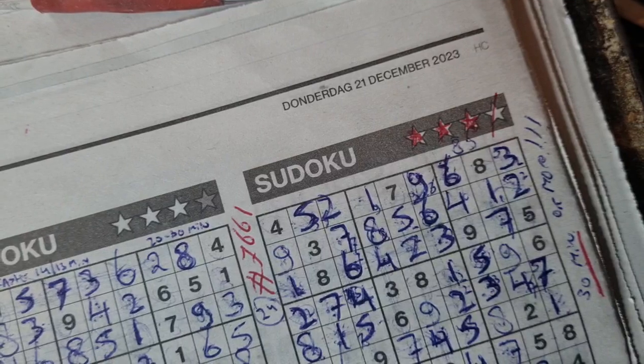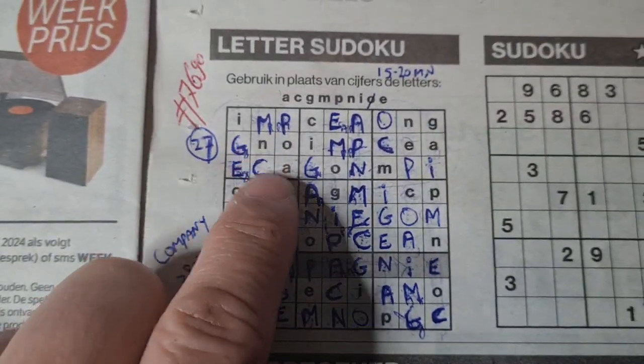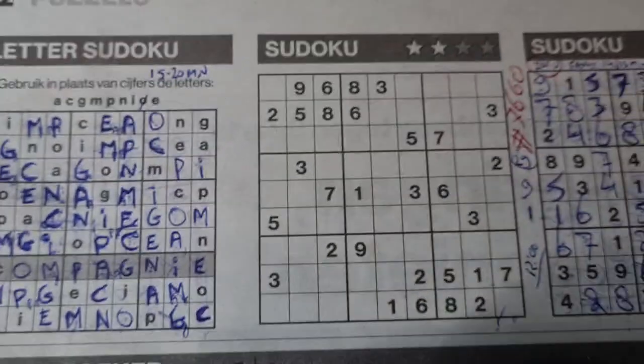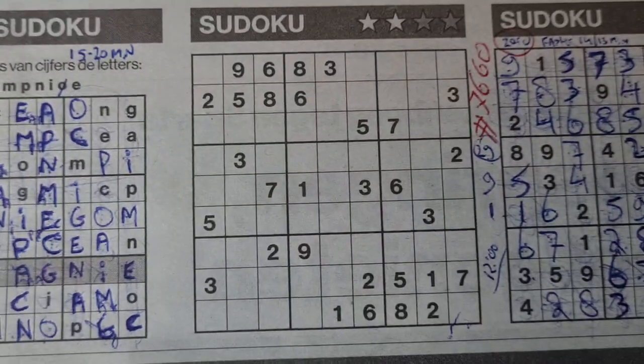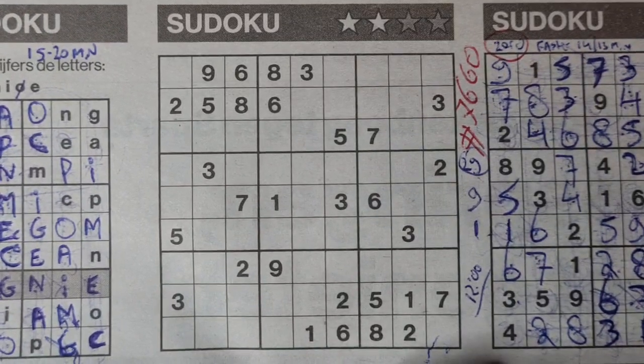We have 3 puzzles left. One puzzle is already solved, the letter Sudoku. So 2 puzzles remain, the jigsaw Sudoku and the Two Stars Sudoku. Yeah, you are interested in the Two Stars Sudoku, number